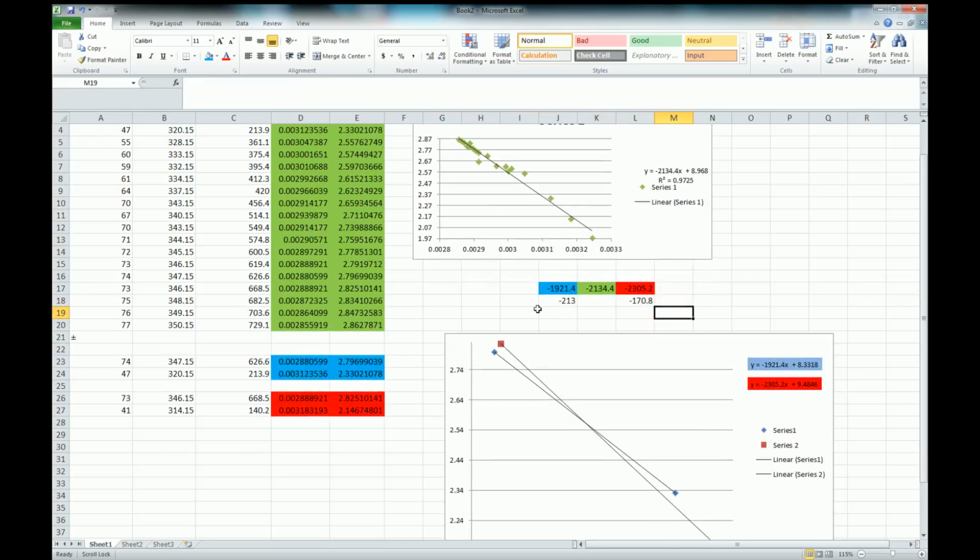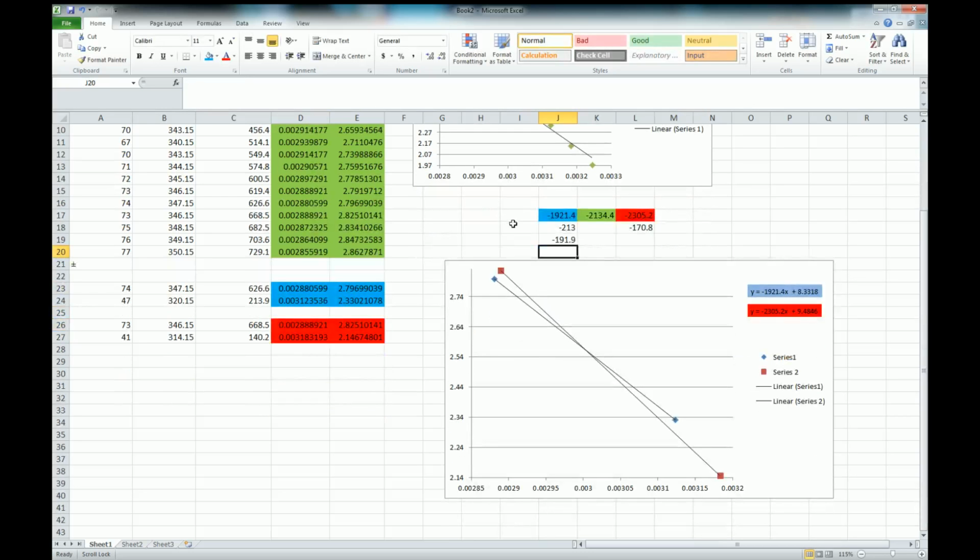So pretty much all we need to do now is find the average of these two numbers here, and you can just do that by going equals, I think it's average, and then type the cell number, which is this cell, comma, this cell, close brackets, and we get minus 101.9, and that is the error in our slope,